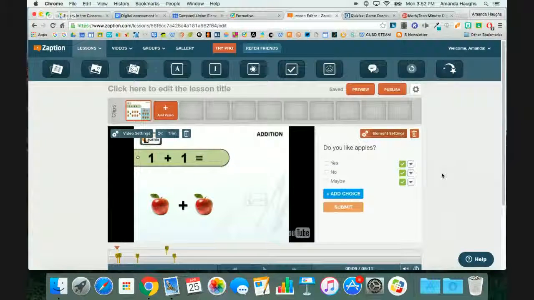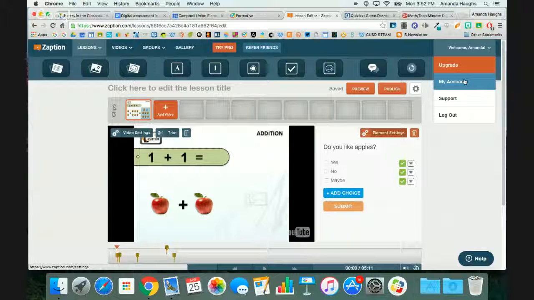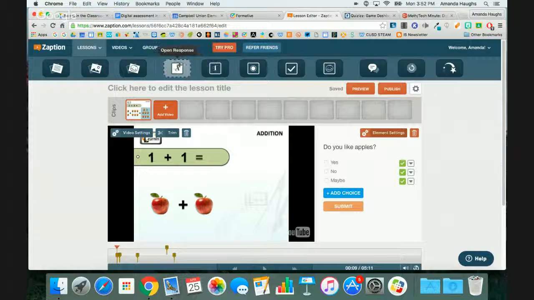But I love this tool for adding a little accountability to the videos that I'm already giving out to the students to watch. This collects data from all of the questions that they work on, just like the other tools. So you can go into your account and check out the data that you've collected. You can also, and this is something kind of new,